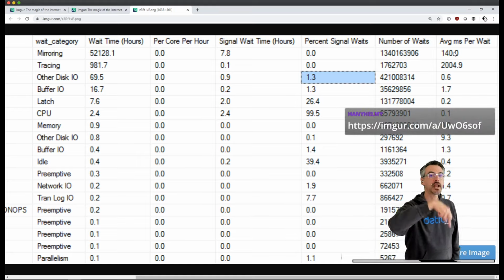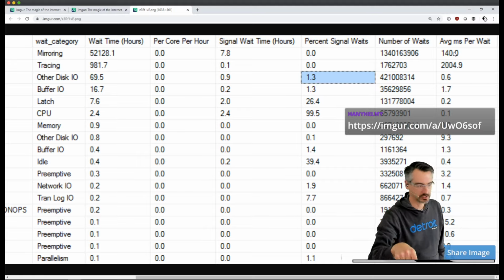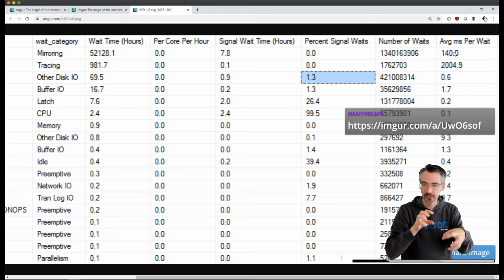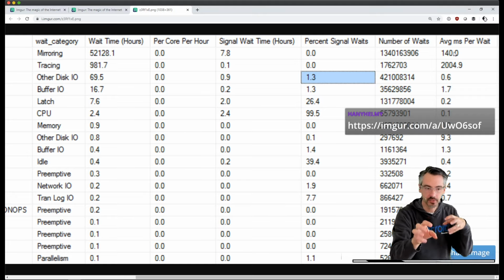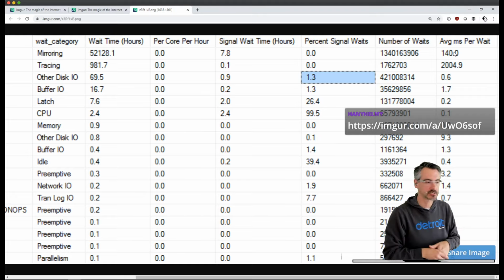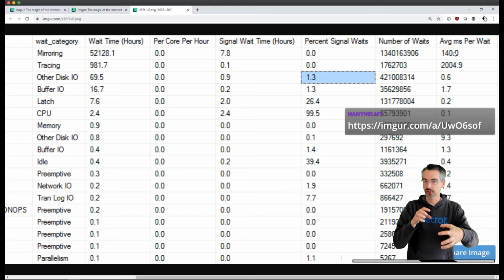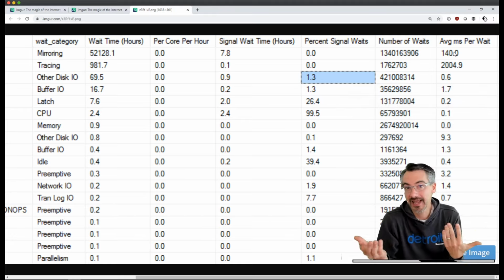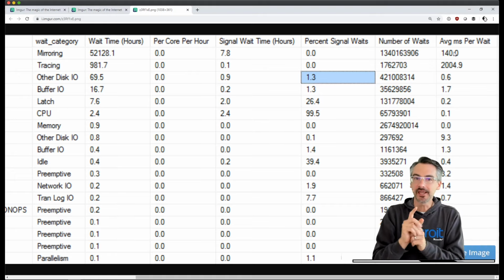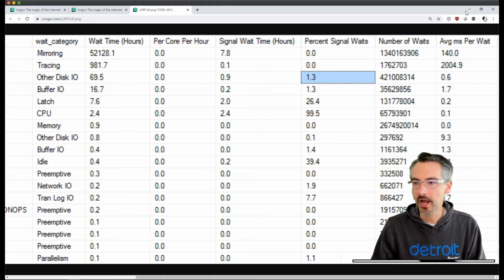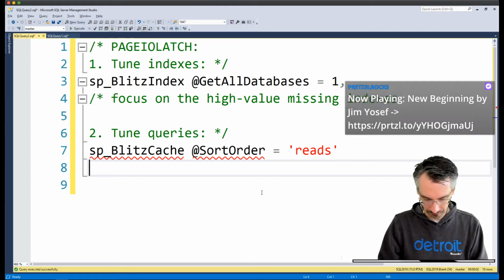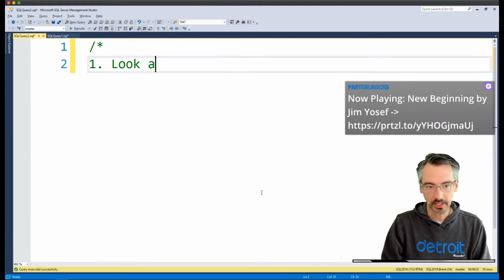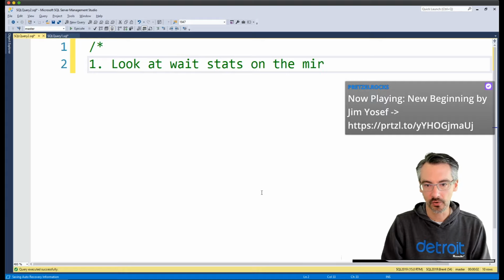If they're unhappy with inserts, updates, and deletes, very often the way that this hits is you have an application that sends changes one row at a time, does one insert, update, or delete at a time, and then it's waiting for each one to come back. Then it's going to be intolerable because you can only do like 8 a second. If they're not happy with the speed on the mirroring, here's what you go and do. Number one, look at wait stats on the mirror.